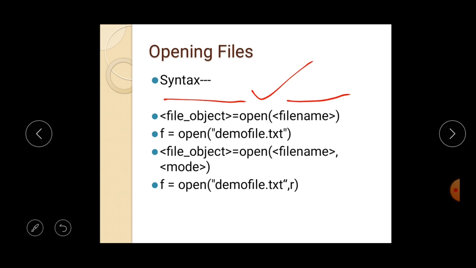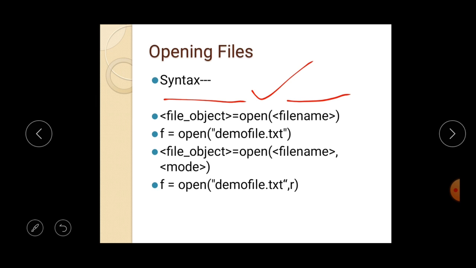So there are various operations that can be done on a file after opening it. But if you want to open a file for a particular purpose, means if you want a file just from the reading point of view, you can provide the mode also. For example, if you want to open a file that no one can add anything to, where the user can only read the file, you can open the file in reading mode only. If you want to write anything in the file, you can open the file in the writing mode only.